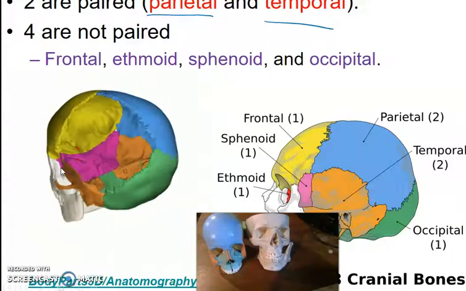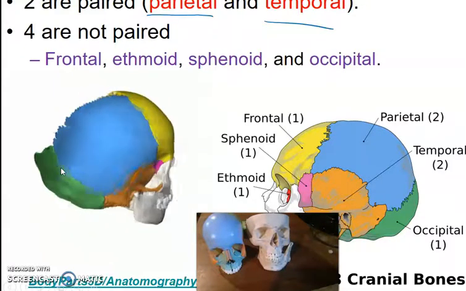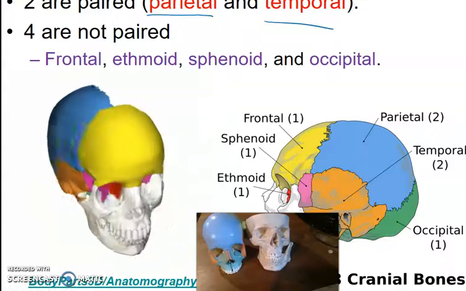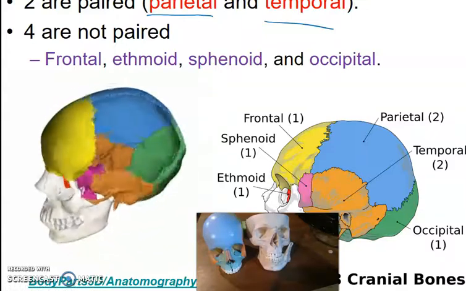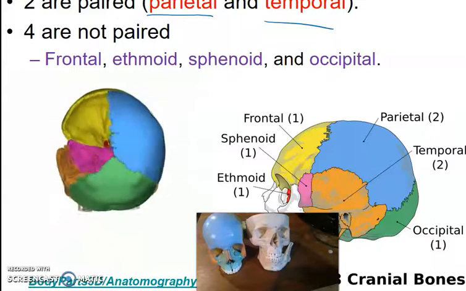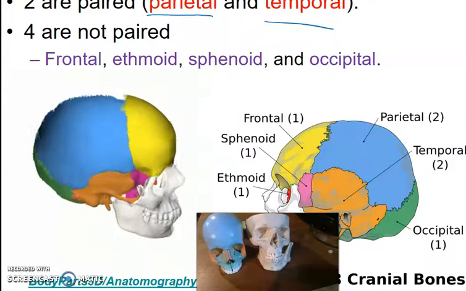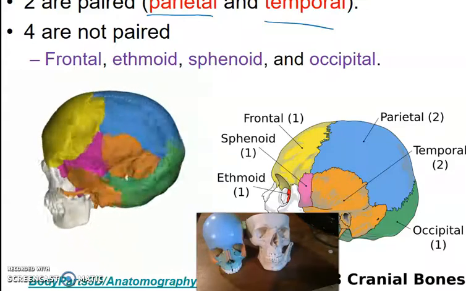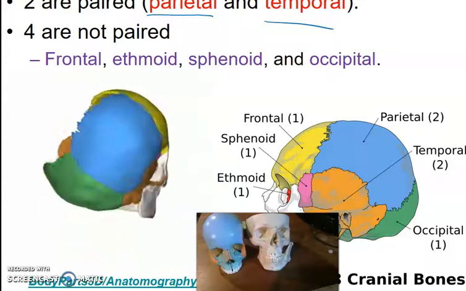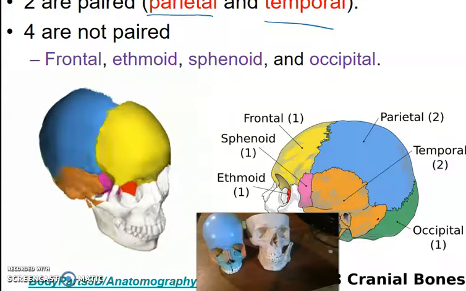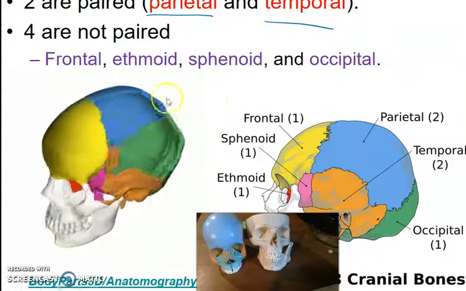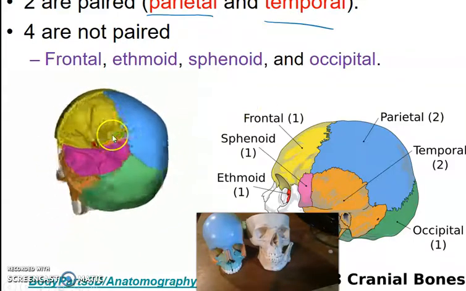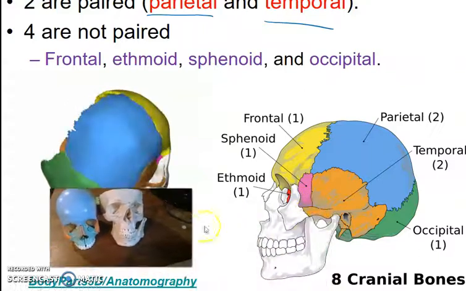In part 1, I defined the axial skeleton as the bones that make up your central axis: the skull, the vertebral column, the ribs, the sternum, the hyoid bone, and 3 little ossicles in your ear. And then we talked about cranial versus facial bones for about 10 minutes, it appears. The cranial bones surround the brain, which would be in here. The facial bones would be the ones over here that do not surround the brain,